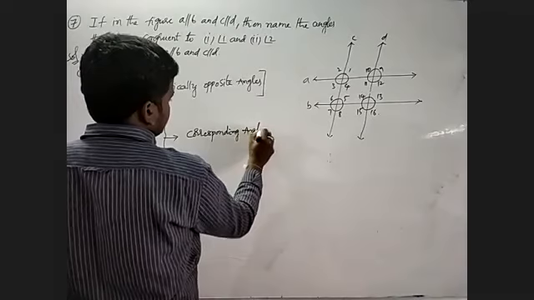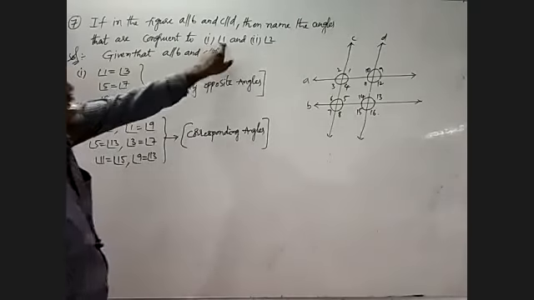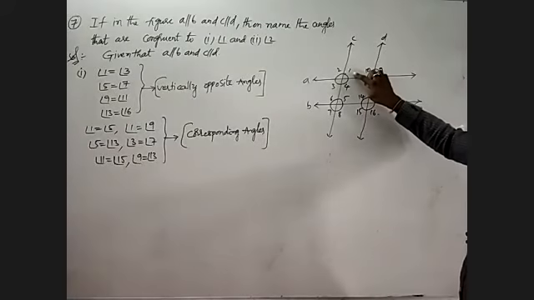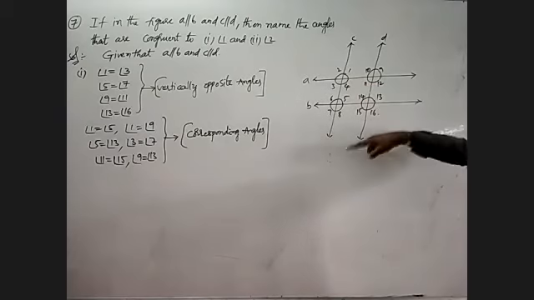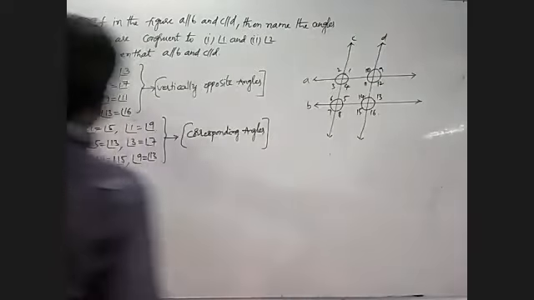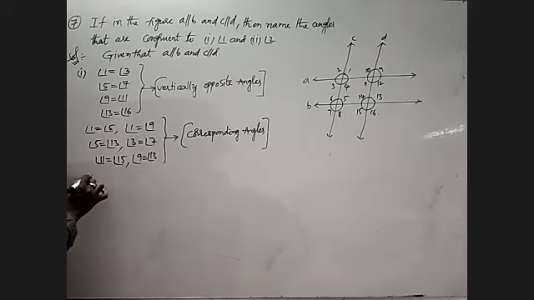Corresponding angles we will write. We'll observe. Here the first one, we will take what is congruent to angle 1. I will take with respect to angle 1 only. This one and this one, and also here will satisfy the given values 1, 3, 5, 7, 9, 11, 13 and 15. That is what I will write: the angles that are congruent to